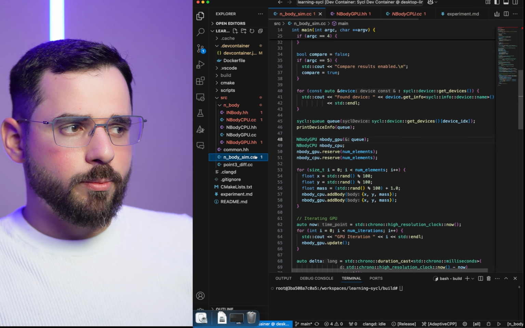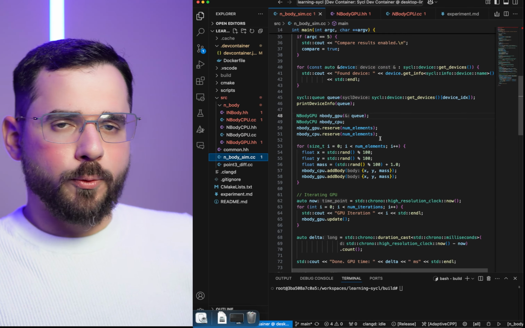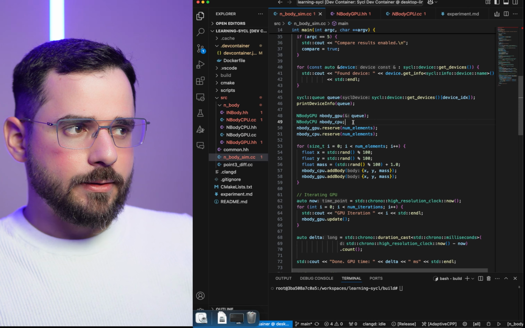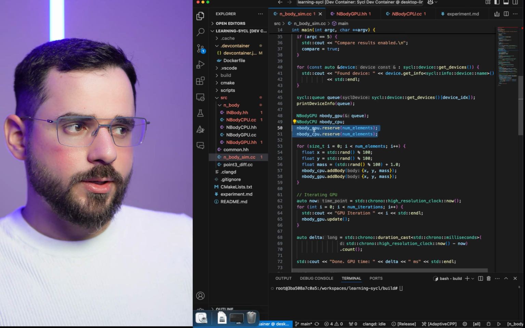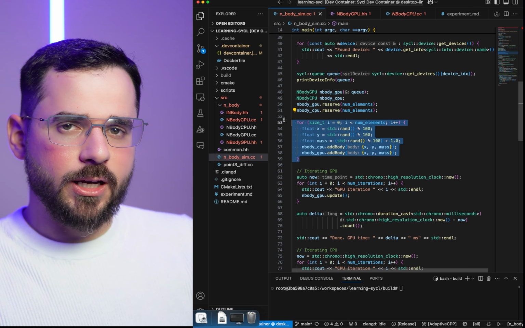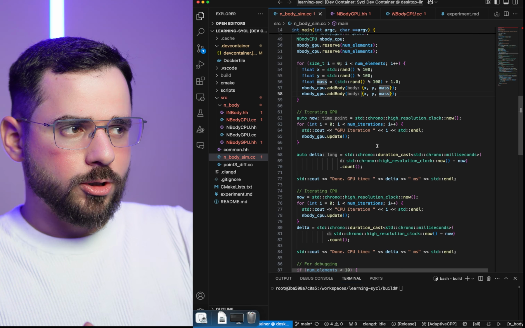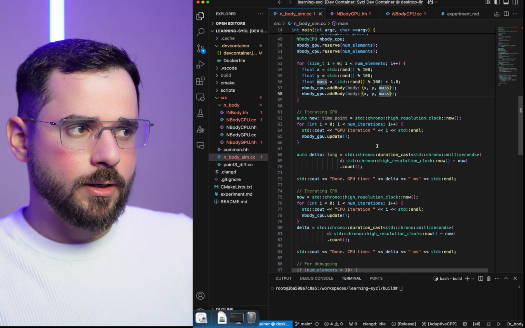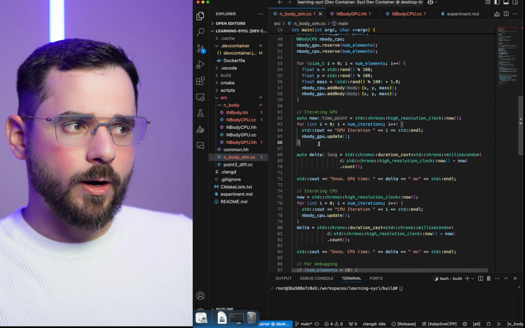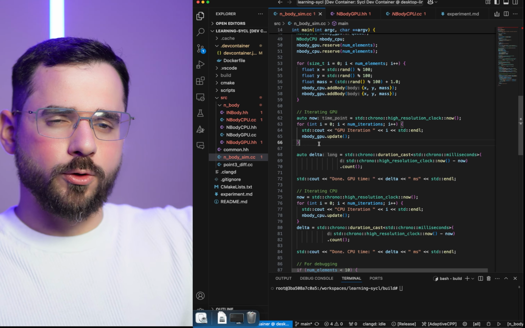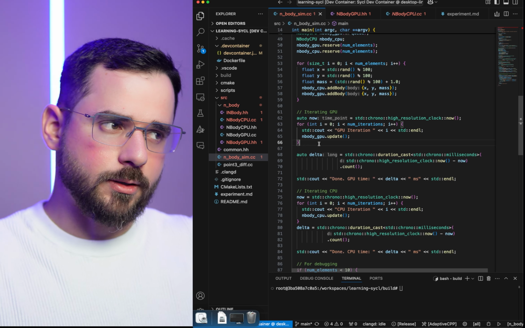Looking back at the main program, it's really simple. So I create the 2 kinds of bodies. I reserve the same number of elements. I add the same number of bodies. Stopwatch stuff to get the timings. And here is where we do the calculations. So here is where we're going to look at all the forces, calculate all the interactions,